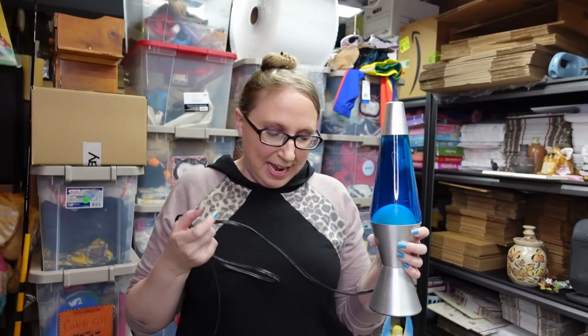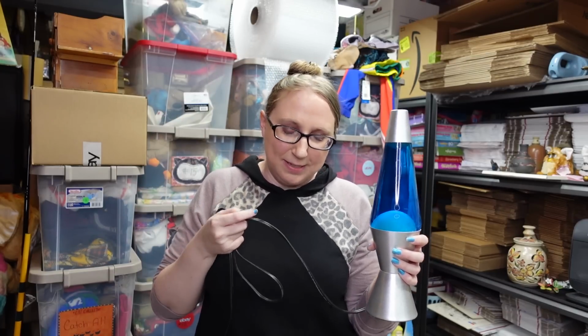$59.99. Here we are with another lava lamp. This one is a blue color. Again, yard sale, $1 to $2. And also listed this one as a buy it now for